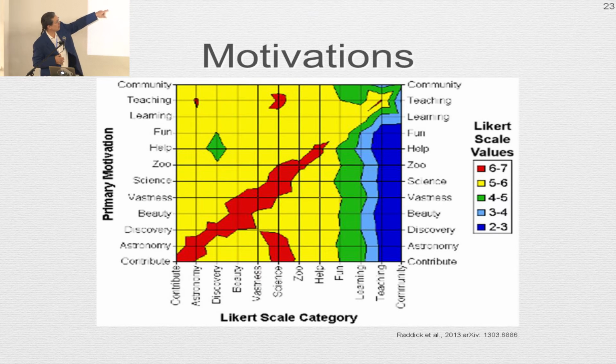So this is a somewhat confusing figure. What it shows is 10 different reasons that people were asked how important they are as a reason to do the citizen science projects. It's actually listed from the bottom up in terms of importance. So the one at the bottom, contribute, is the one that people listed most often as their first choice. So 40% of people said that the reason they did it was to be able to contribute to science. And the second was astronomy. People just said that they liked astronomy. That was the second most popular reason.